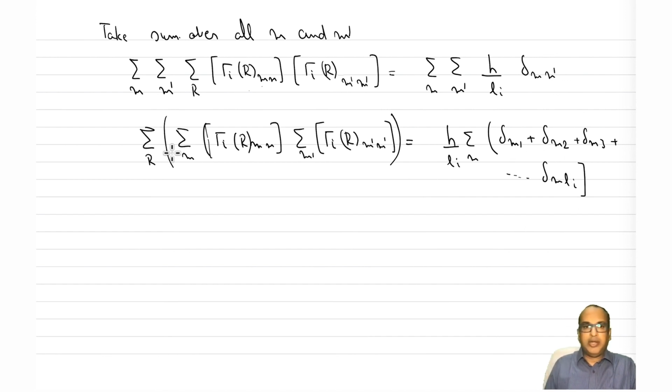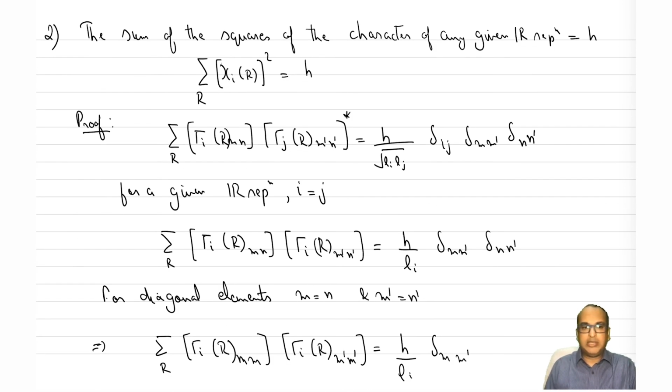So this is 1. Now this particular term is equal to trace, this is also equal to trace, right? So we have got what we wanted on the left hand side. So what we have here is summation over all I, trace of the ith representation under the operation r, and this is also the trace of the ith representation under operation r. So this becomes square, right? And this is what we wanted to prove on the left hand side.